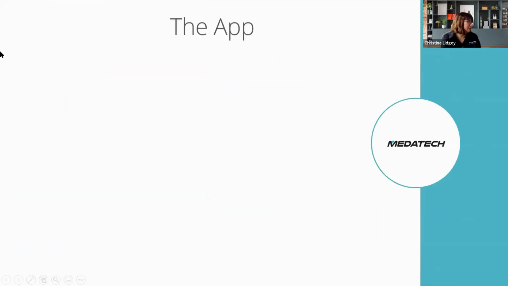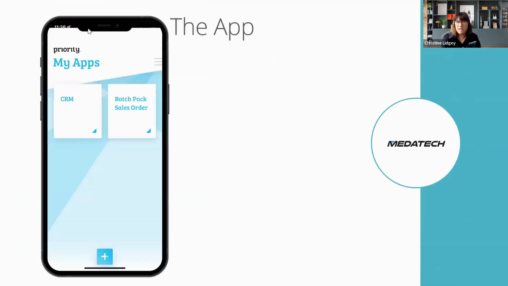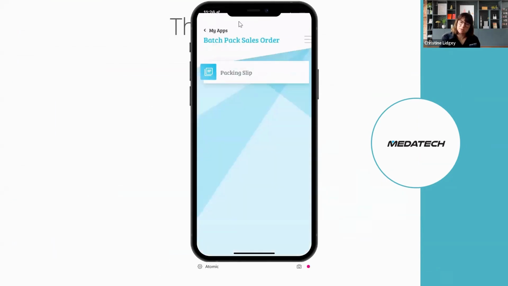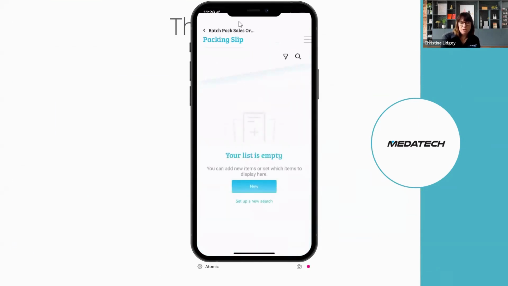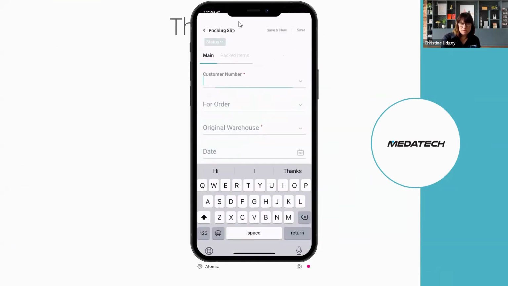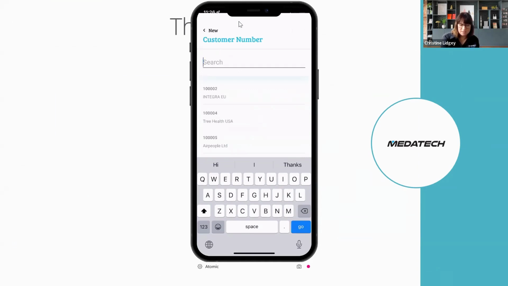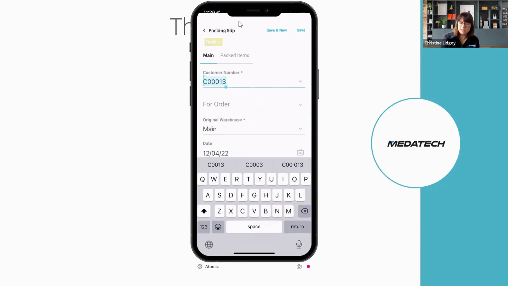So let's imagine that scenario. I've picked the stock and I'm now in my app. Hopefully you can see. Yeah. Brilliant. So I'm going to click on batch scan, so batch pack sales order. And here I'm taken to the packing slip. I use my new packing slip and I select new to create my packing slip. In the customer number, I'm going to select England Rugby, which is the example James was just working with. And all the expected details like the date and the warehouse are filled in for me, just like they would be on the form. I then select the order which is open